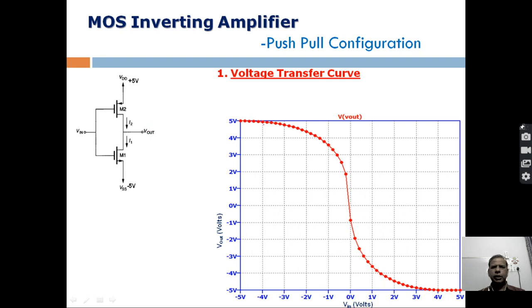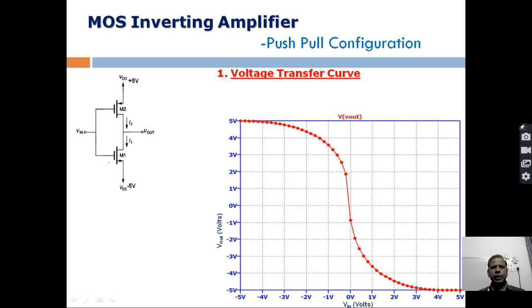When we go to the other extreme, that is, we apply a positive 5 volt here, we have a large potential difference,